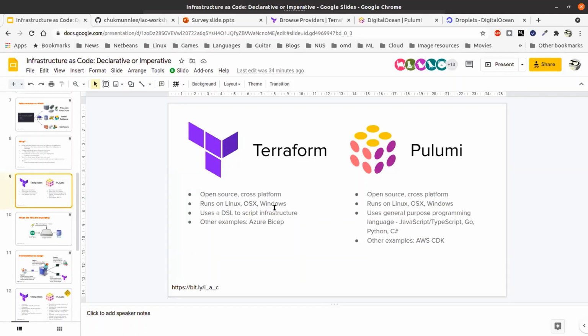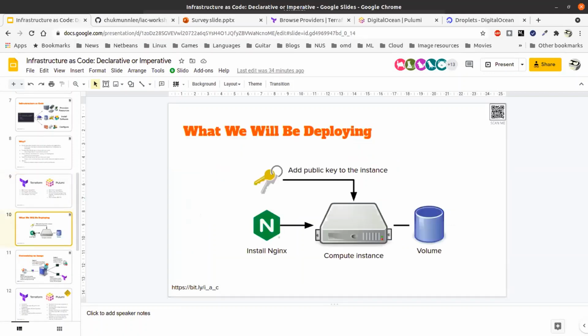And this afternoon, I'll be showing you both of these tools. So what we will be doing is to work an example, to show you how these two pieces of software work. We will run through the hello world of IAC. Okay, we will be deploying a compute instance, that is a virtual machine.